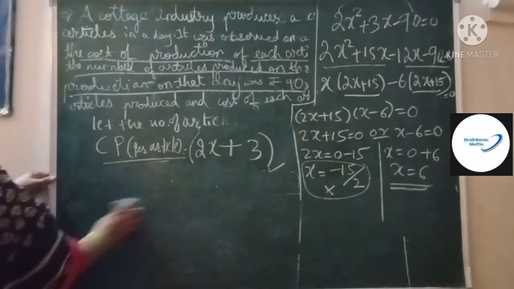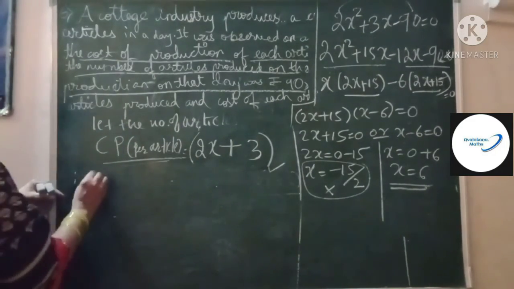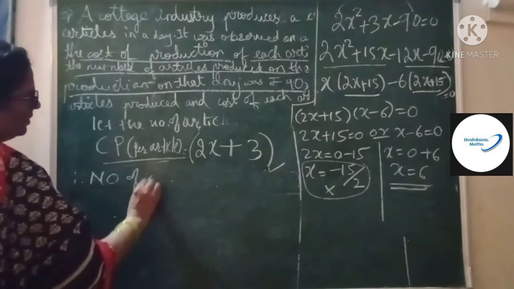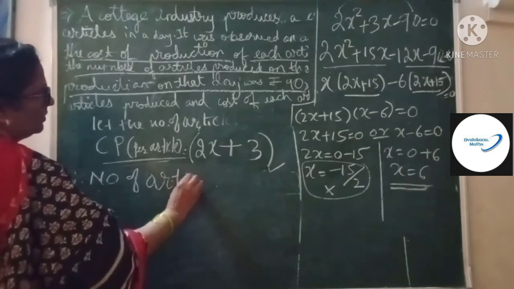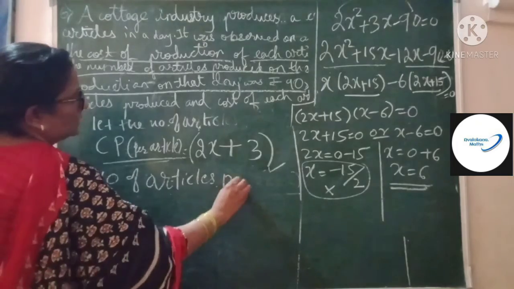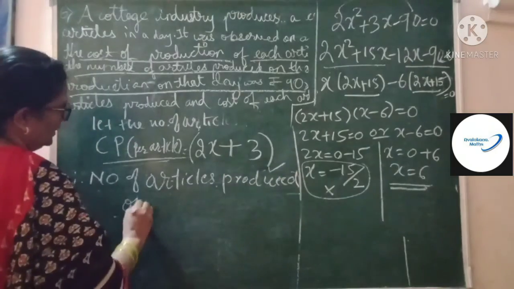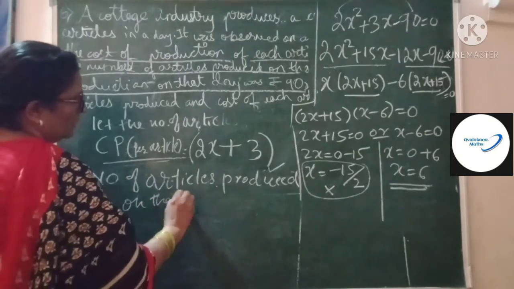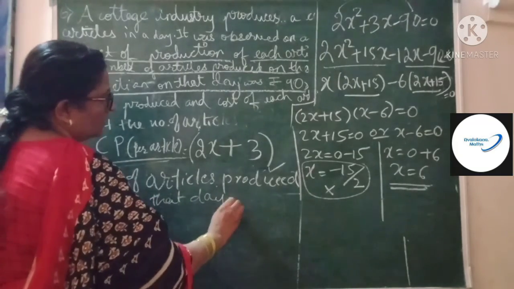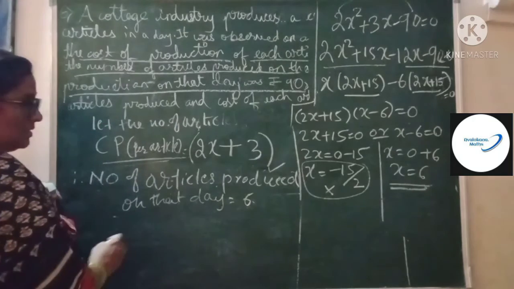Now let me conclude this one. What are you going to write here? Therefore, the number of articles produced on that particular day is equal to 6 pieces. Then cost of